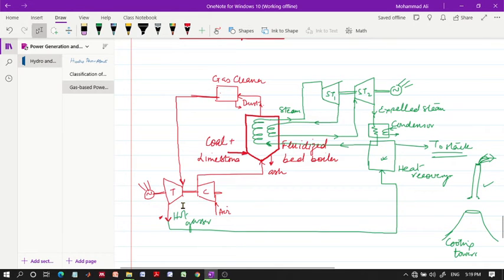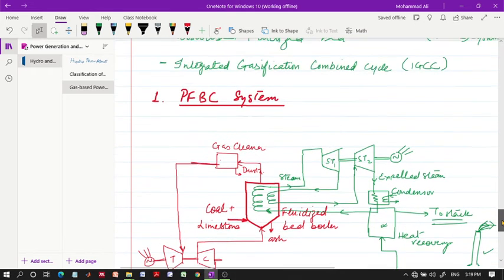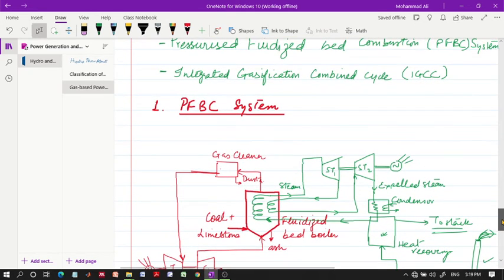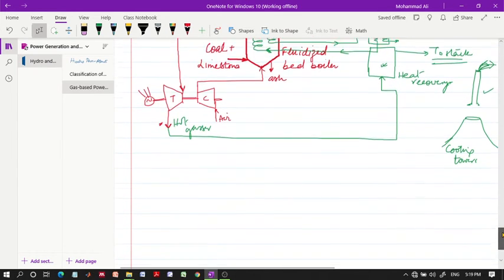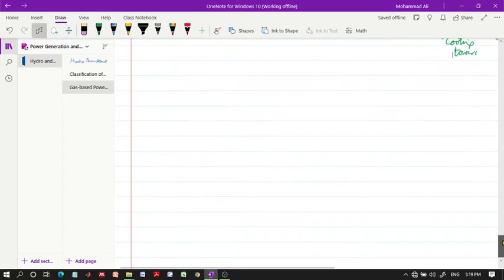Here the hot gases that have been produced by the burning of the coal are utilized directly to run the turbine. In another process, that is the second process, known as the integrated gasification combined cycle, we produce the coal gas. Okay, we gasify the coal and introduce the limestone again. Let us look at that structure.